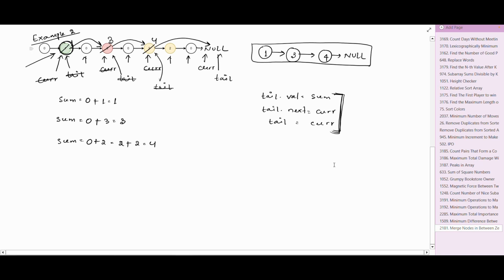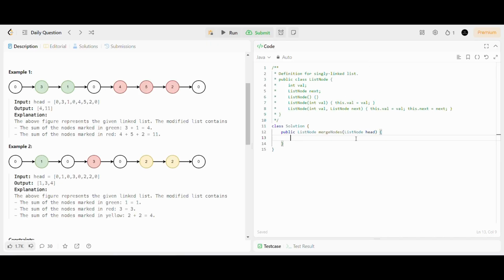That is, if this is head, then the address of second node will be head.next. So at the end I'll return head.next. So now I will code the solution. So first I am declaring two variables,